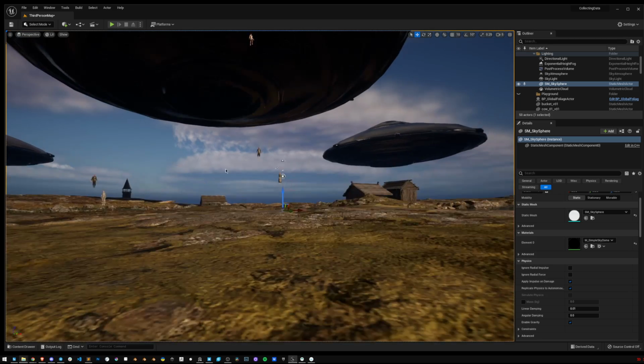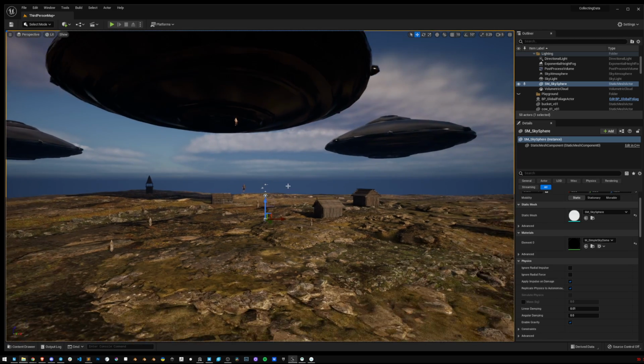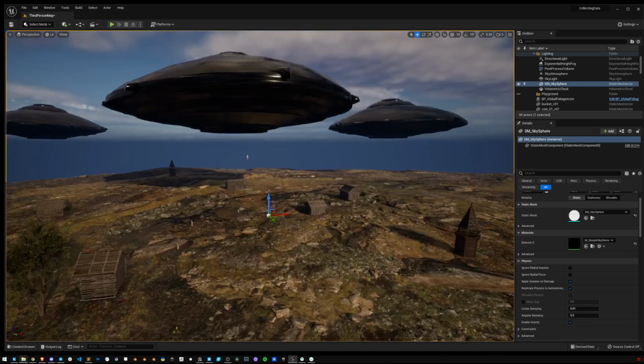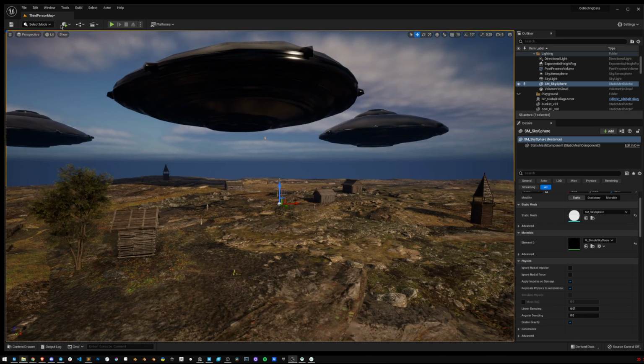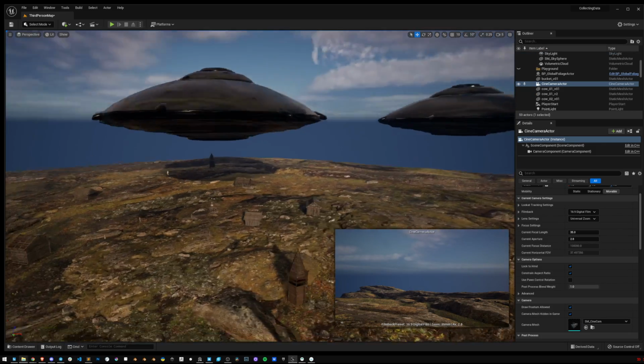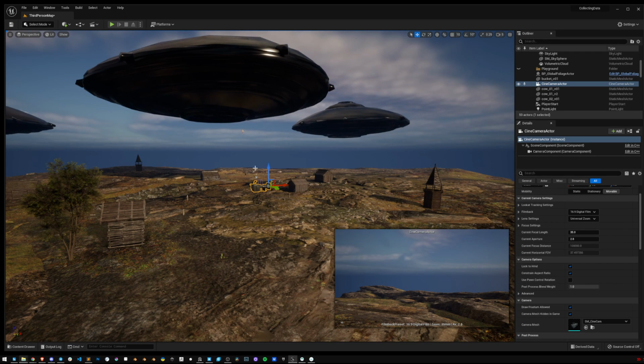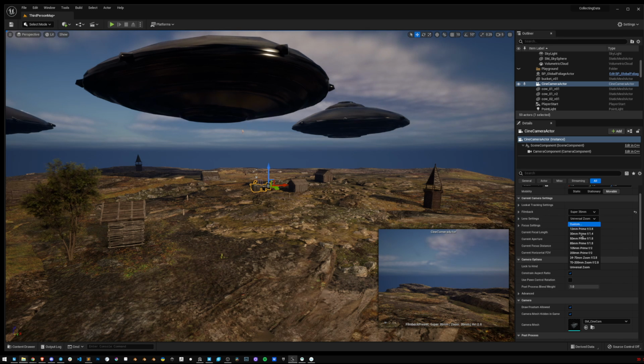I think the bookmark is a little bit more useful just for, like, if you're moving stuff around and then you want to go back and forth and see how it looks. But obviously we do need a real camera if we want to do a full-on concept. So you can go down here, cinematic, add a cine camera actor. It's going to drop this camera in the scene. You can see when it's selected, you can see what it sees. It has a bunch of settings here, really cool stuff, like you can do this kind of film, change the